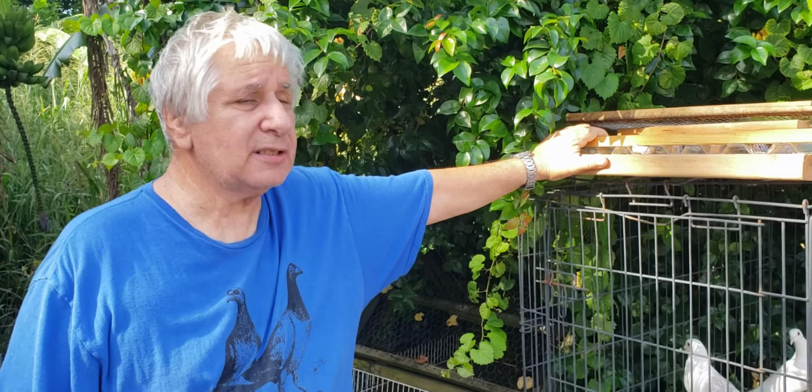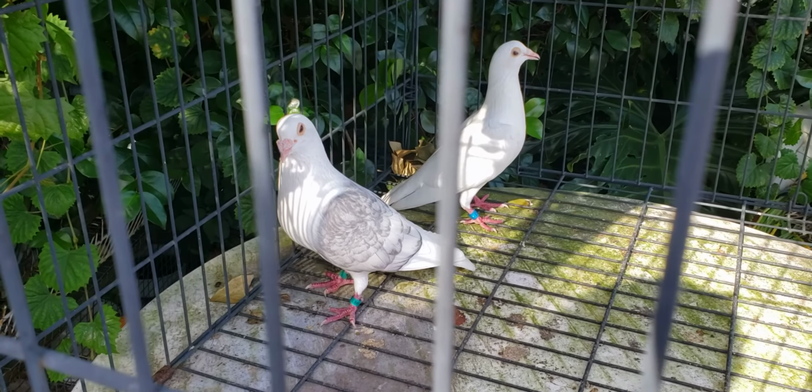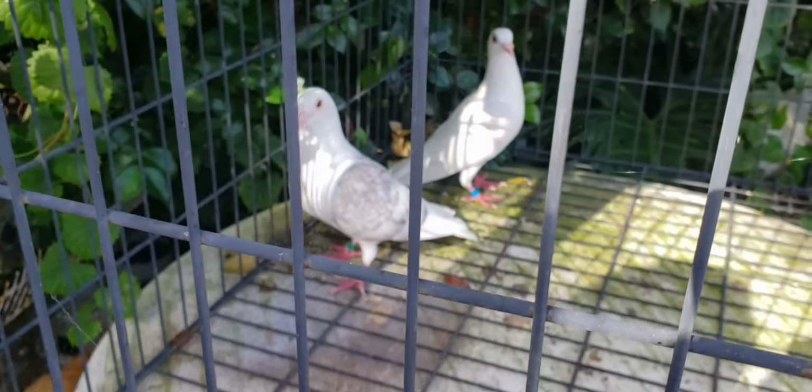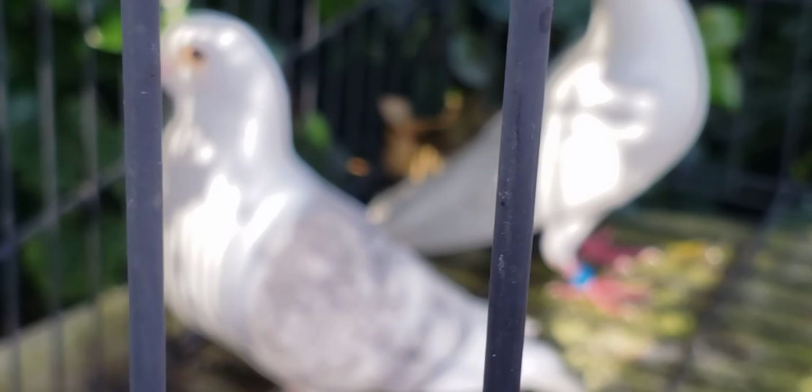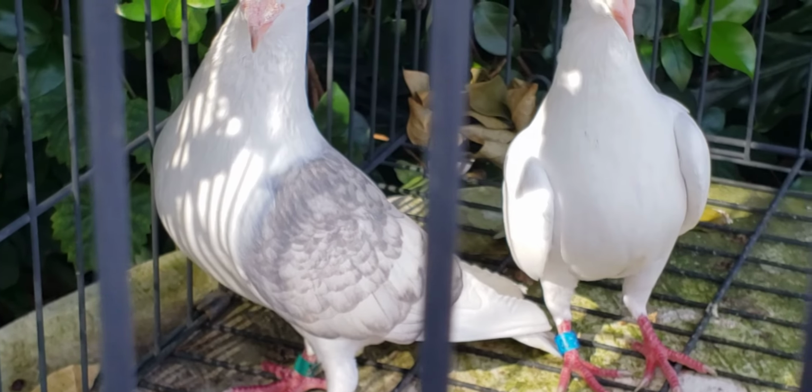Well, I'm glad the project that you have going on here is working for you. I like what I see. Guaranteed. Everybody in this club that has my birds has won. I believe it. These birds are winning all over, and you can see it in the birds, the way they look. They look exceptional. Mahar got a couple of birds from me a couple of weeks back,